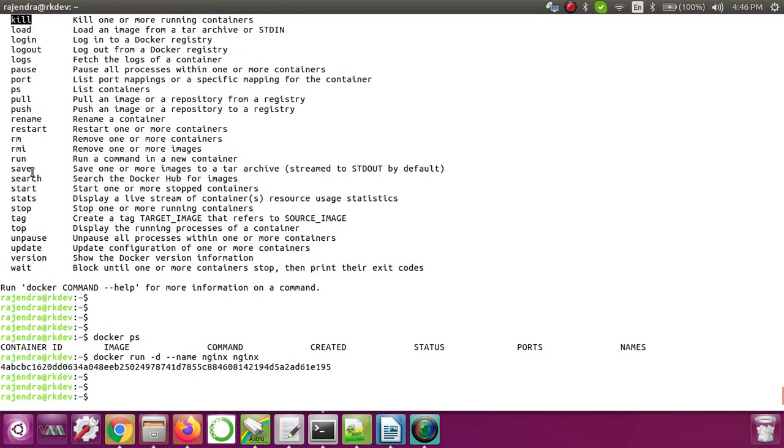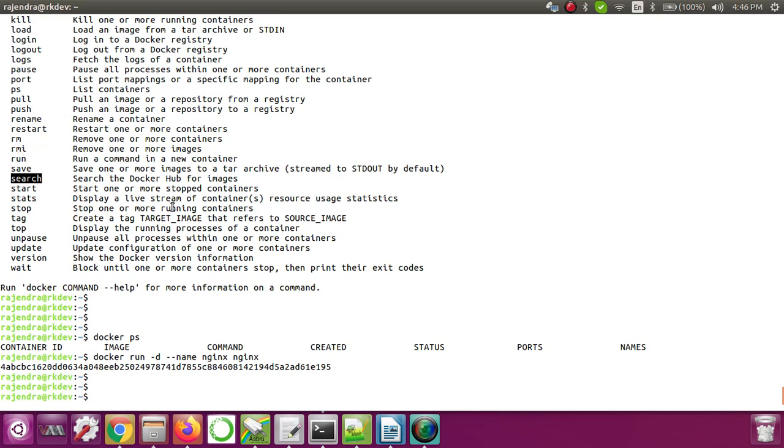Now there are the search, run, restart, rename, push and pull commands. Push and pull we'll see in the next video, where we are going to create images from the Dockerfile. Just now we have seen rename, restart, rmi, run and save.